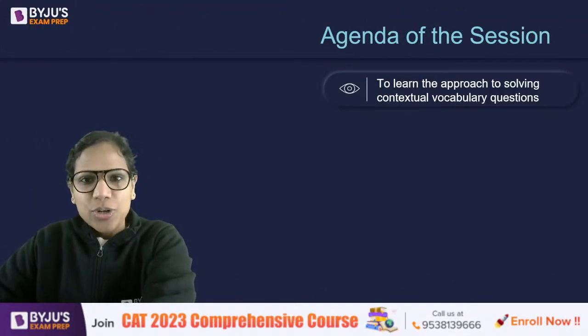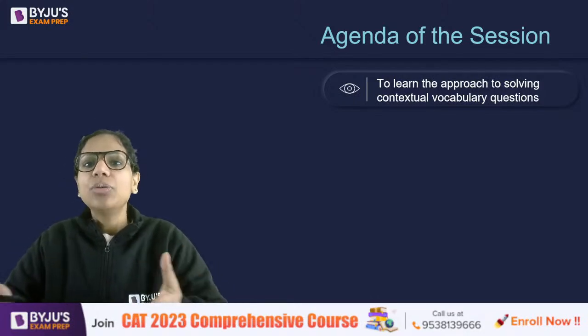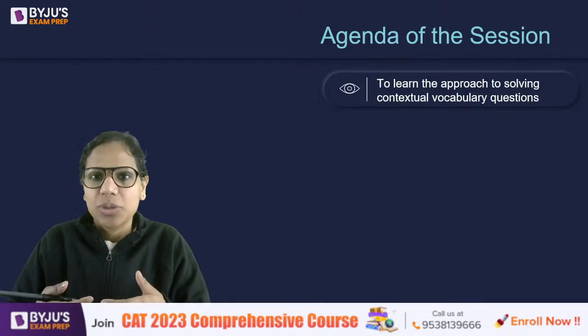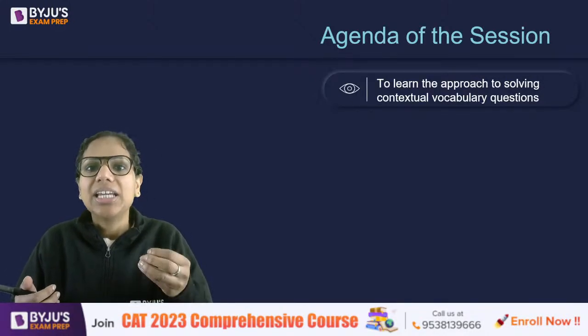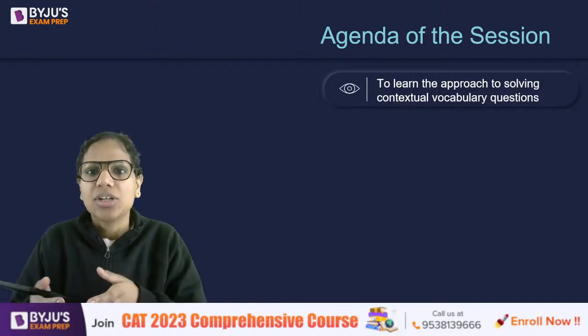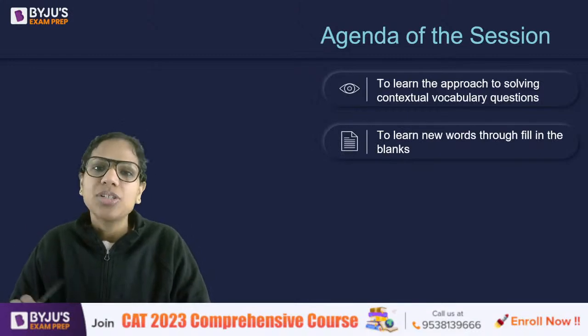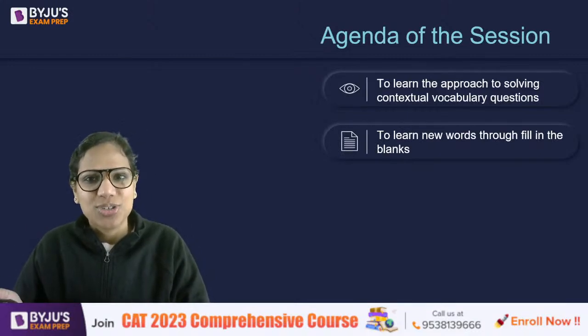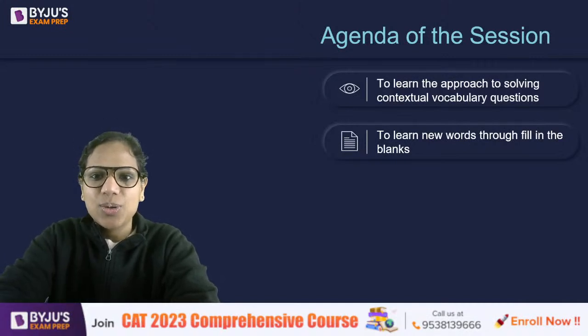So this is what we are going to learn today. We are not just going to solve questions. Through questions, we are going to see how to infer meaning contextually, which is something that's going to be very relevant for you for any indirect question in English that you might encounter in the exam. And of course, we are going to solve a good number of questions also today. That's also on the agenda. So on this note, let's begin.